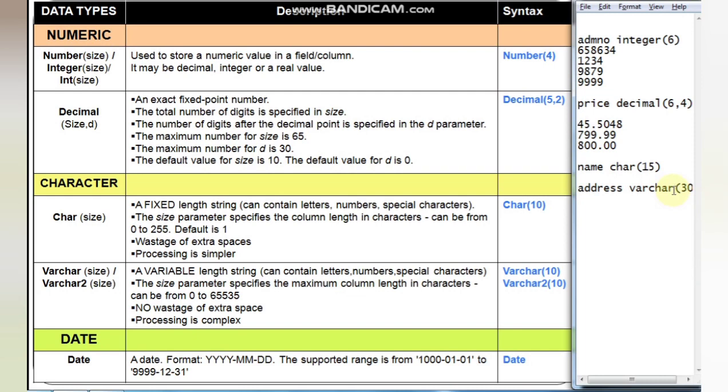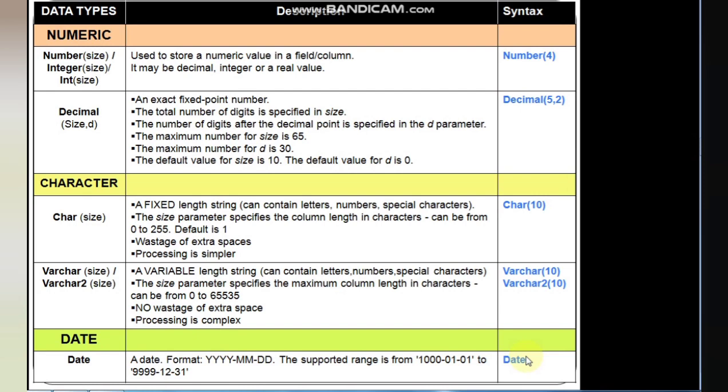There is no difference between varchar and varchar2 as such. You just remember that you can use varchar or varchar2 for variable character data type. We won't go into the details of the difference between varchar and varchar2. Rather, I will tell you the difference between char and varchar in the next slide.